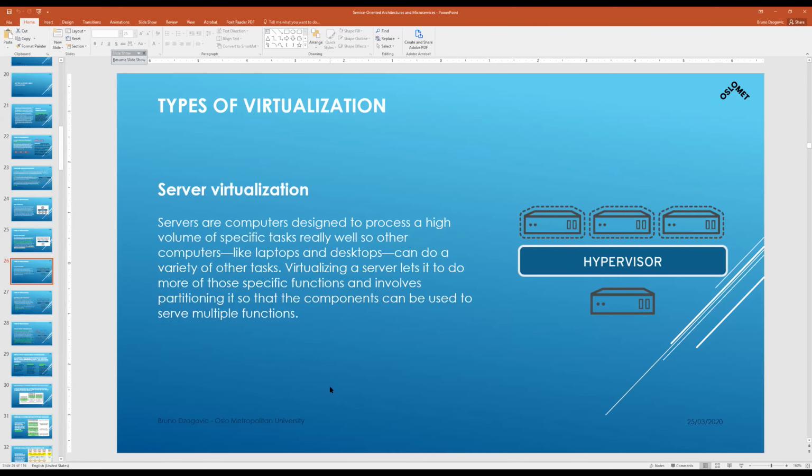Server virtualization is also typical, of course. This is something you might want to know as well. Despite we talk about Docker and containers, this is also good to know. We're not going to cover how-tos in this section, but yes, this is how things are being done in OpenStack, for example.